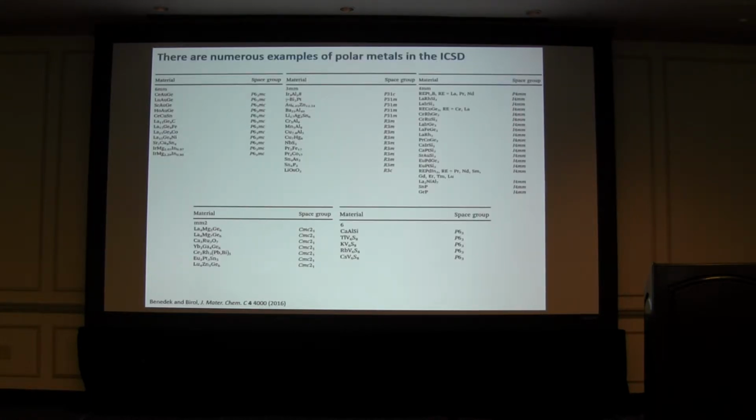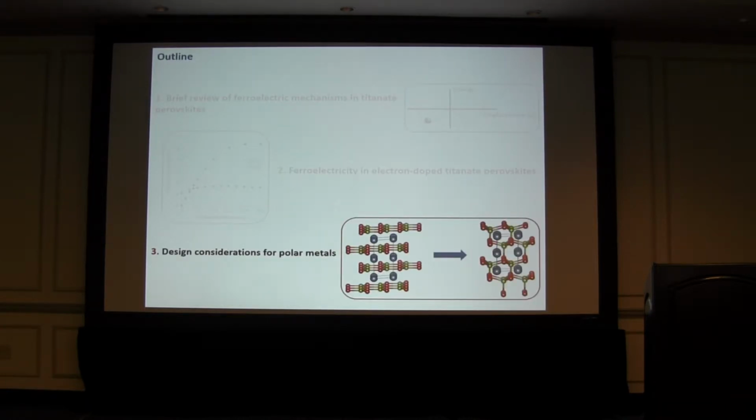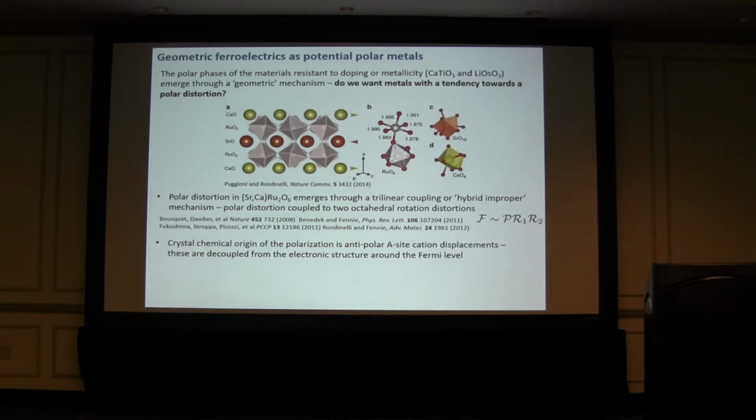And if you're not convinced by any of those arguments, you can look in the inorganic crystal structure database and find many examples of polar metals. These are all non-centrosymmetric superconductors. So in our paper we list about 70, but I just got bored looking for more. There are dozens more to be found. And so the last little bit, very quickly, is if you did want to find more polar metals, then where can you look? Well, the Rondinelli group,